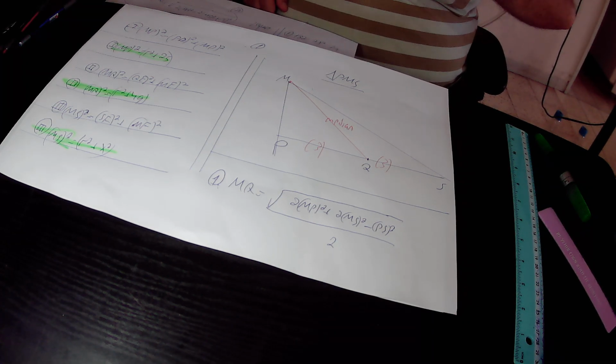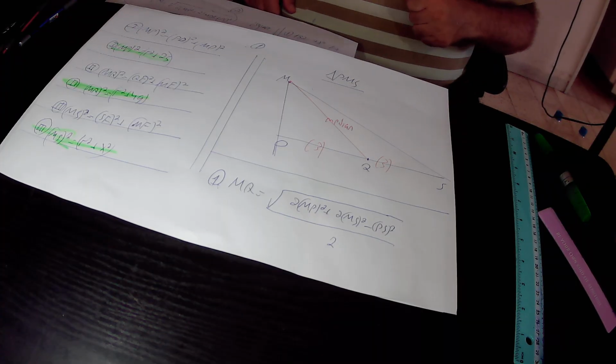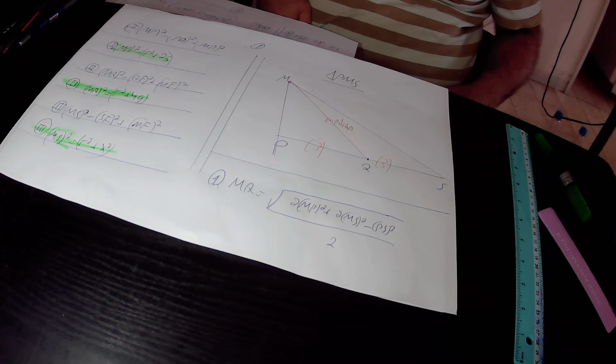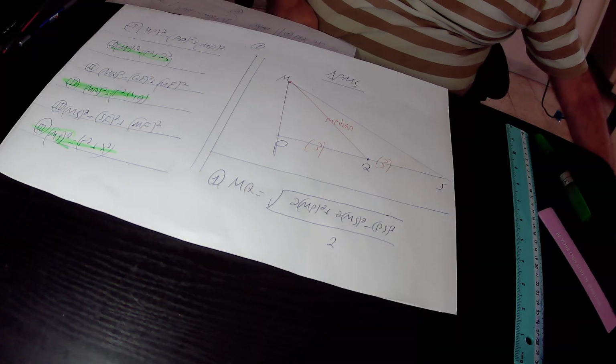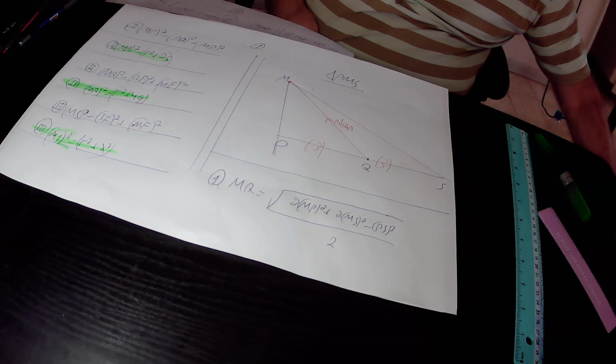But the question is, what is the length of the median MQ? We have a special formula for the length of the median of a triangle. According to the special formula,